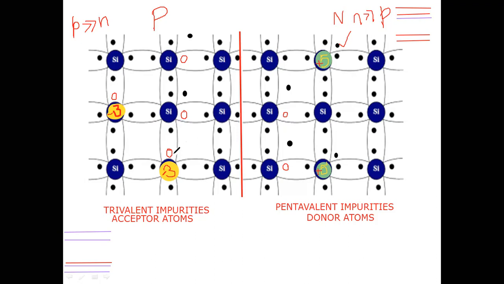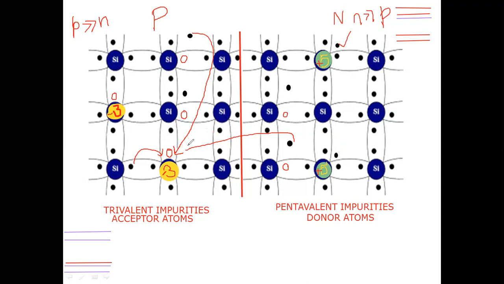There is a possibility of filling the hole in several ways. This electron may fill this hole, or the electron which breaks the bond may fill this hole, or the electron which breaks the bond in n side may come here and fill this hole, or this donor impurity atom has a fifth electron now, which is free to move. This electron may come from n side and fill this hole. So there are a lot of possibilities to fill the hole, right?